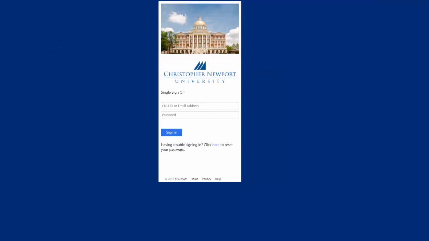Since CNU is a Google school, you may notice that many of your student tools, including email, calendar, and your online file storage, will be Google tools, provided to you for free through the G Suite for Education. These tools can all be accessed through CNU Connect, using your basic CNU credentials, such as your student ID number, and its associated password. These are the same credentials you can use to log into computers on CNU's campus. Please note that if you're having issues with your password, you can go to the link in the description below to put in a ticket or access IT services for assistance.